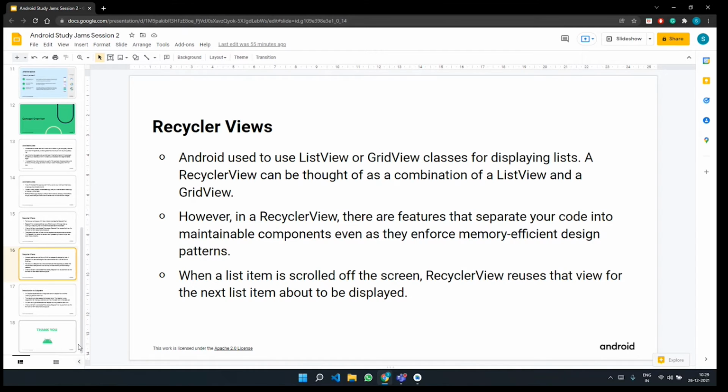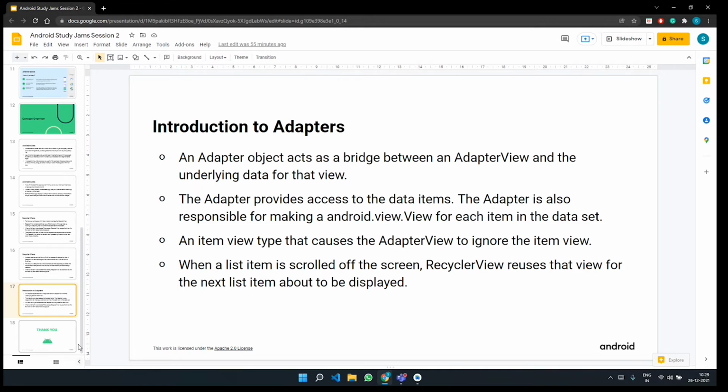Now we'll be talking about adapters. I'll introduce you to adapters. An adapter is basically an adapter object. You can say an adapter is a bridge between the adapter view and the underlying data for that view. In order to display the items, it is not enough to just supply them to the front of the screen.